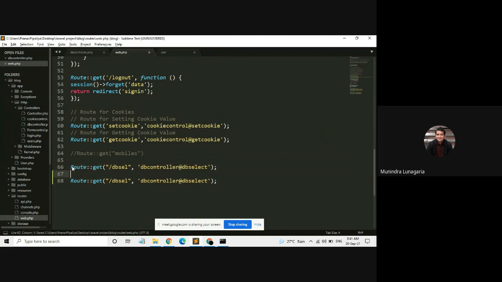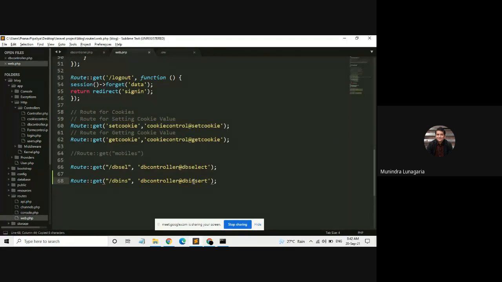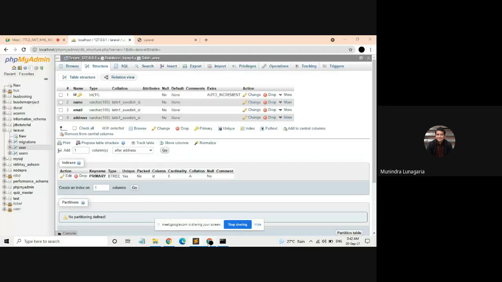So now write route dbins, database insert, dbins, and the name of the function is db insert. If you go through the controller, db insert is our function. Just check it once. So kindly save this. Hit the URL and DB /dbins.